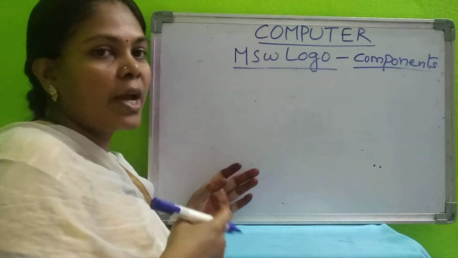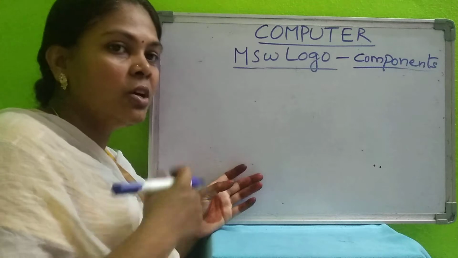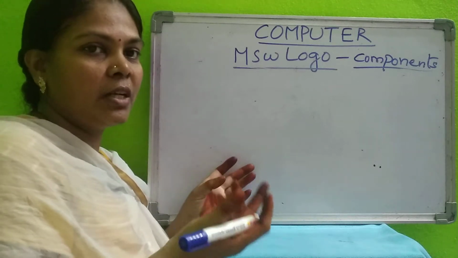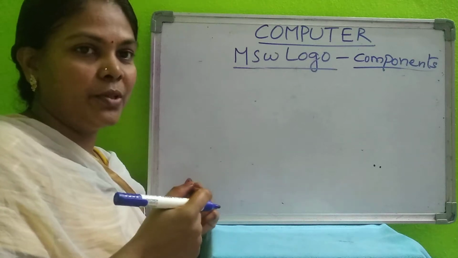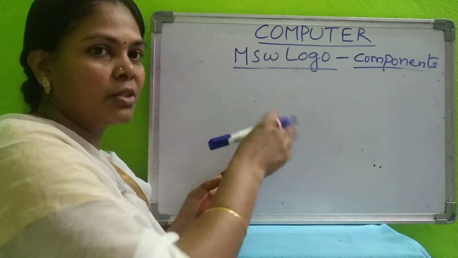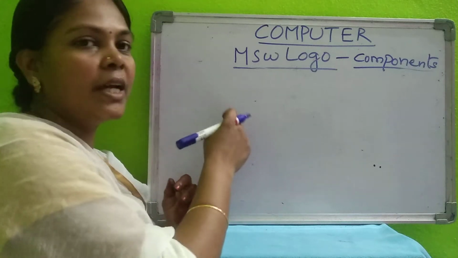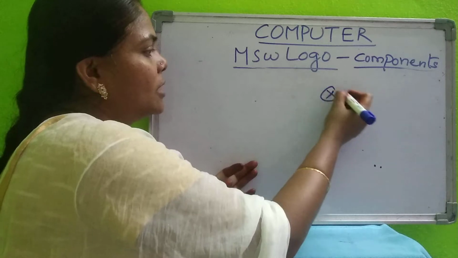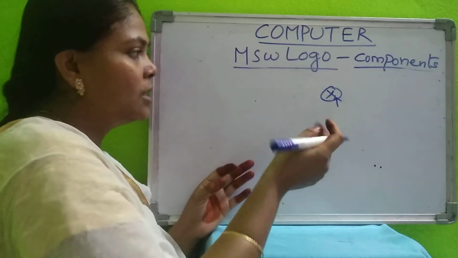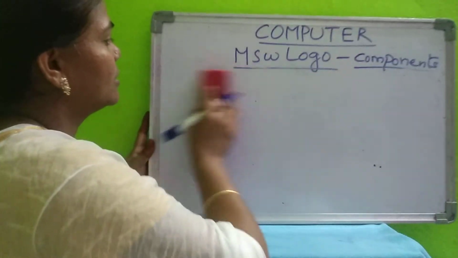Same, when you draw any shape here, that also you have to save, or otherwise without saving also you can close, but then your changes will not be in your computer. Suppose you draw some square or rectangle, that you have to save into your system. That's why I explained Save there. Exit means directly the close button is there. You can click on that close button. It will be closed.